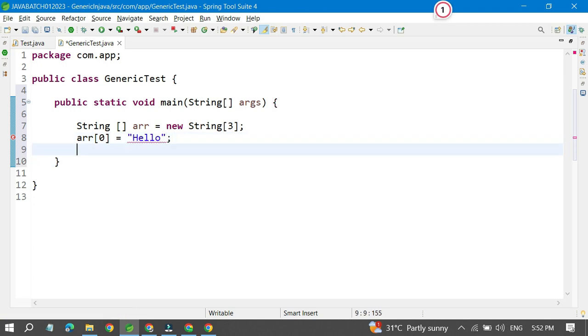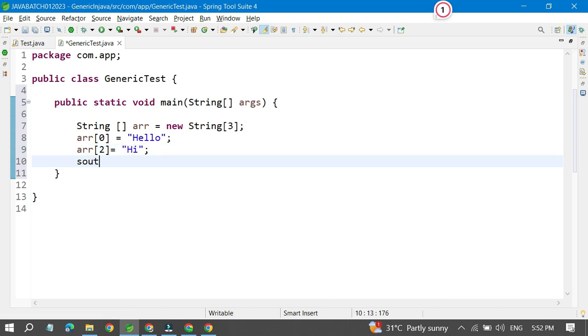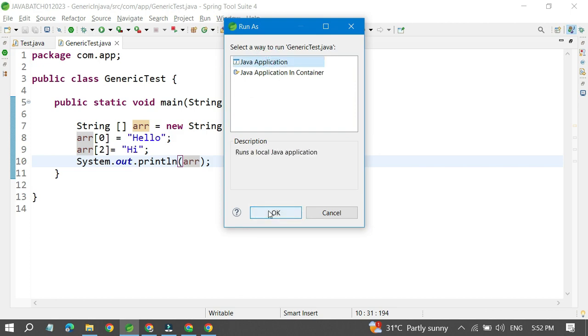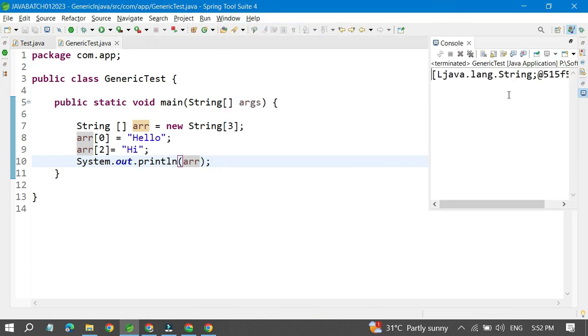An array of 1 position or 2 positions, I can easily store "hi", right? I have 1 position, and I can easily print this string also. I don't have any issue. And when I print it, I can get the value also, right? Let me show you what the value is. So this is giving some